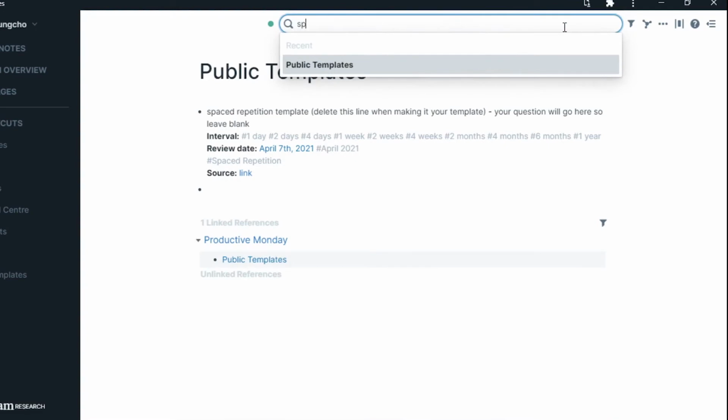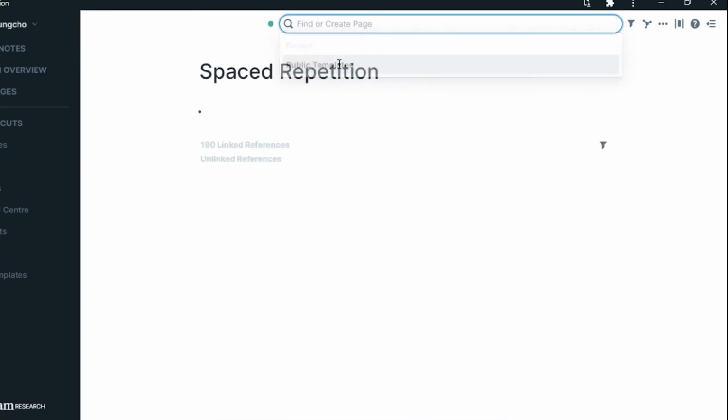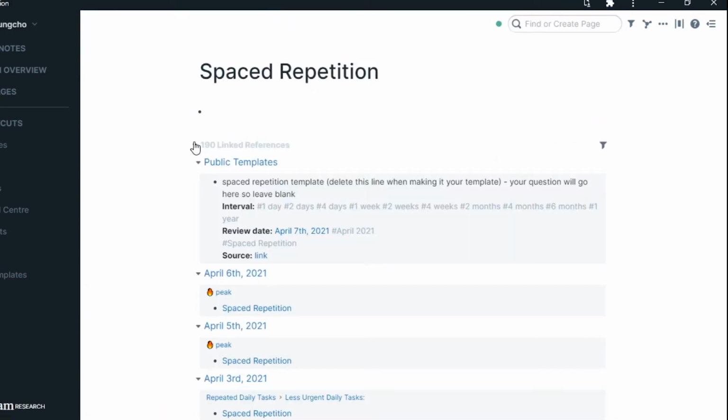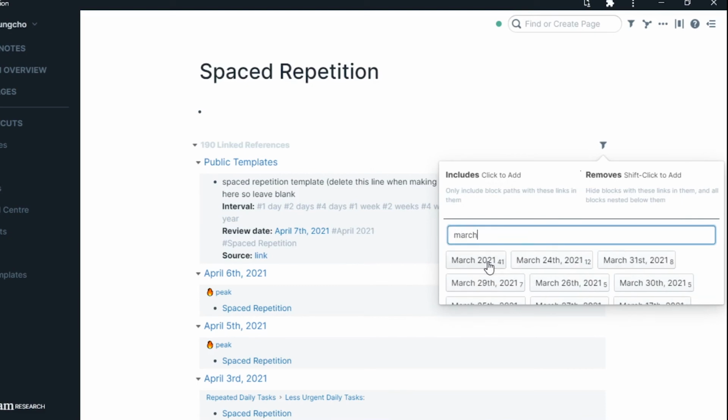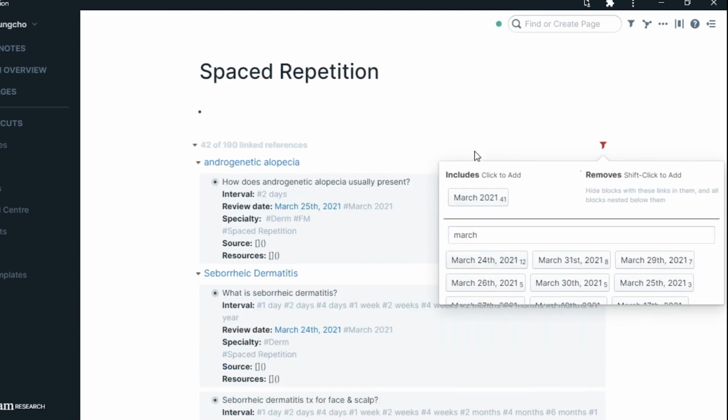So first, search spaced repetition, and you can see all the cards tagged under it. This button here is a filter, and when it's red, it means that a filter is being applied. Now, it's currently April, but I'm pretty behind, so I still have a lot of cards from March that I have to review. I know that's so horrible. Oh well, I believe in self-leniency, so I like to just say whoops and keep moving on so I don't drive myself crazy. So I searched by March 2021, and all these cards I know I got to review